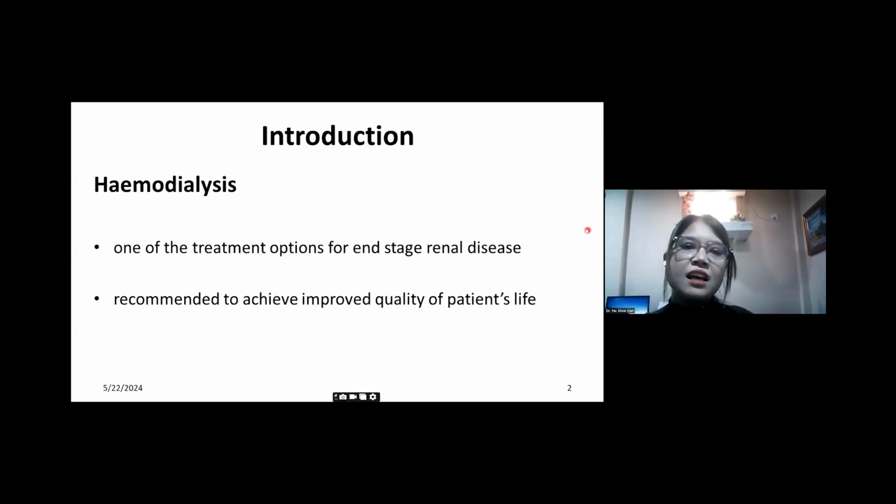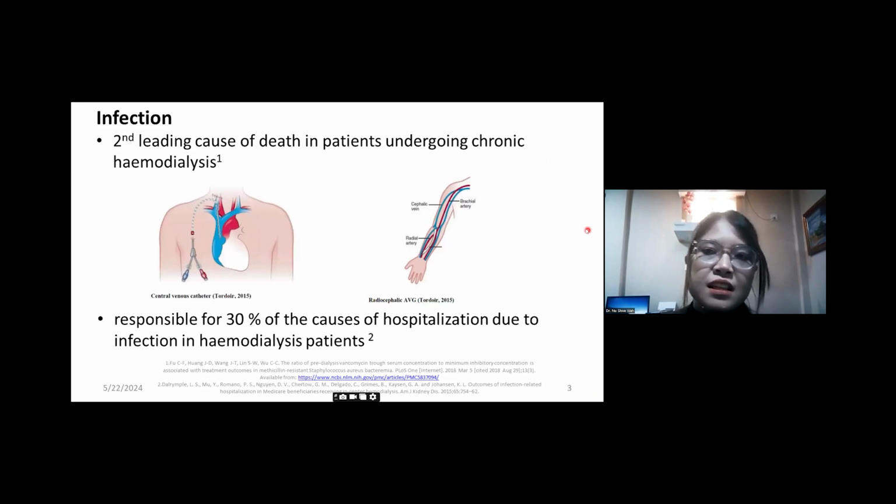For introduction, hemodialysis is one of the treatment options for end-stage renal disease, and it is recommended to achieve improved quality of patients' life. Infection is the second leading cause of death in patients undergoing chronic hemodialysis. The presence of central venous catheter and arteriovenous graft makes patients more prone to infections. The central venous catheter-related and arteriovenous graft-related infections are responsible for 30% of causes of hospitalization due to infections in